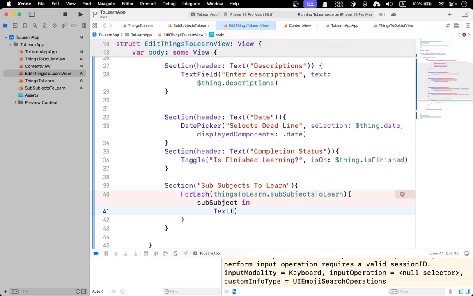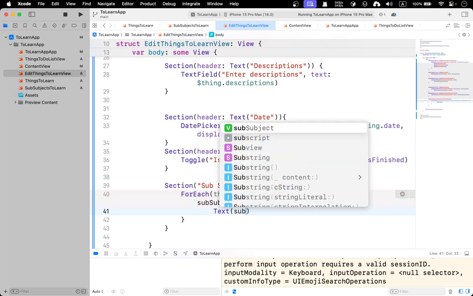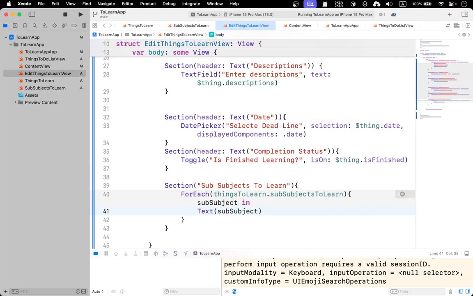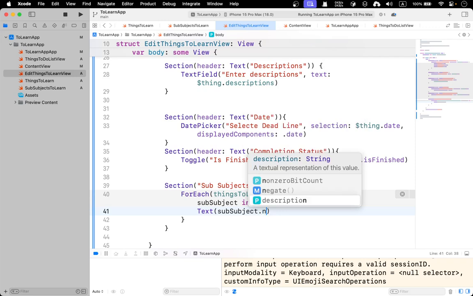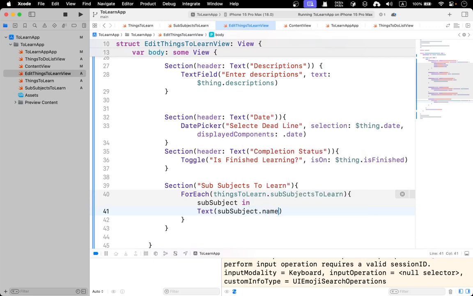So the subject dot name. Yeah, we have a name. Subject dot name. Yeah, I haven't initialized it,